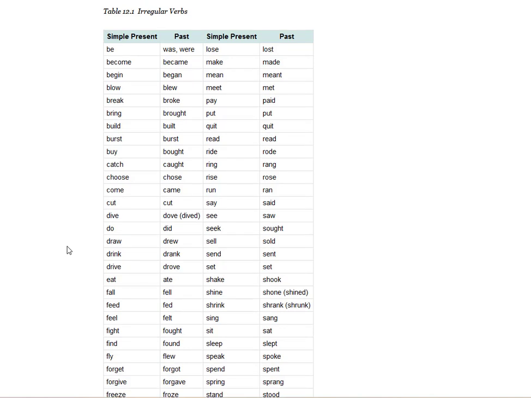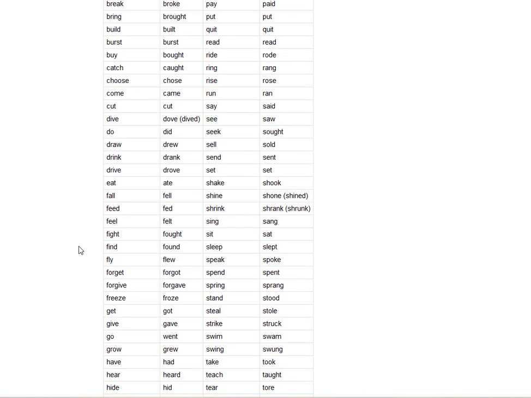lose, lost, lost; make, made, made; mean, meant, meant; meet, met, met; pay, paid, paid; put, put, put; quit, quit, quit; read, read, read; ride, rode, ridden; ring, rang, rung; rise, rose, risen; run, ran, run; say, said, said; see, saw, seen; seek, sought, sought; sell, sold, sold; send, sent, sent; set, set, set; shake, shook, shaken; shine, shone, shone; shrink, shrank, shrunk; sing, sang, sung; sit, sat, sat; sleep, slept, slept; speak, spoke, spoken; spend, spent, spent; spring, sprang, sprung; stand, stood, stood;